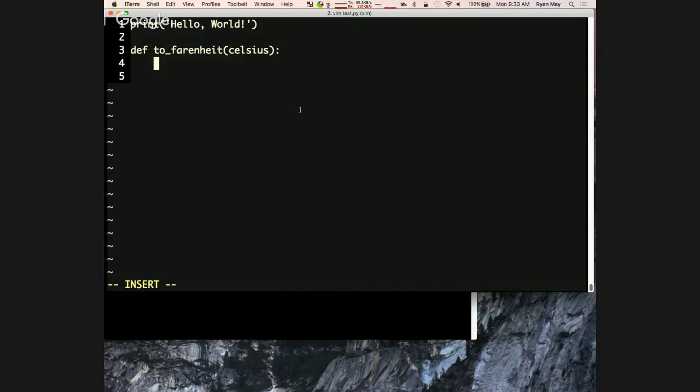And then to make this function, every line that's indented is what's part of this function. So in this case, I'm going to say return 1.8 times Celsius plus 32.